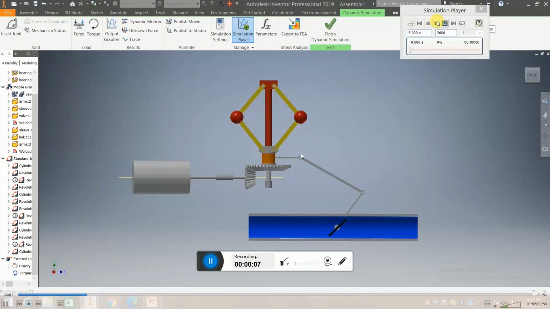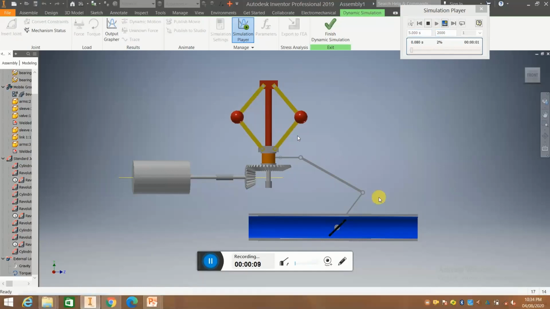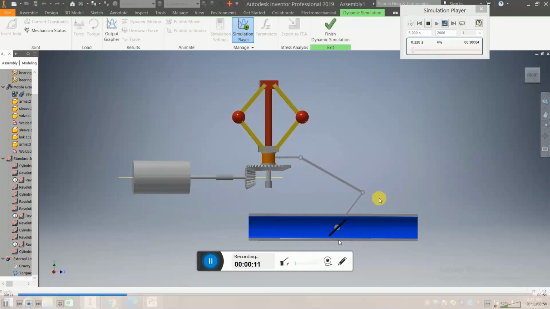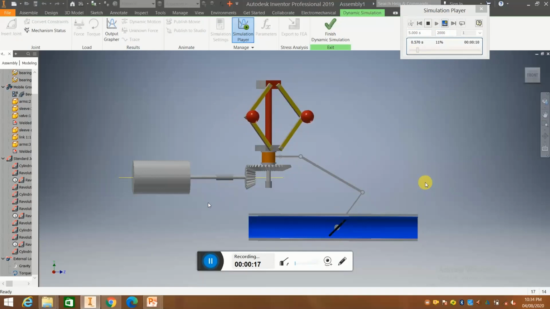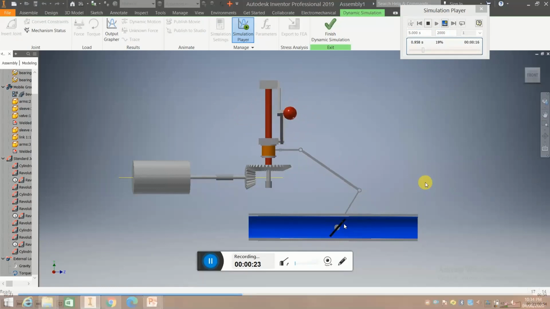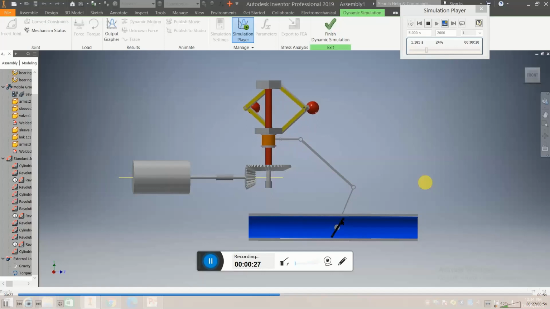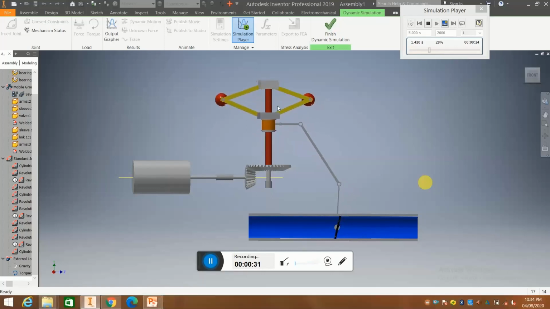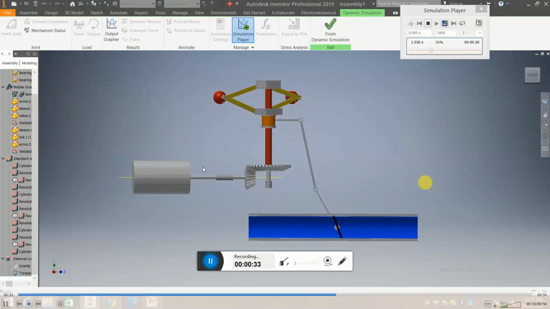So you can observe here, if the speed increases, then this link will adjust the fuel supply. Basically it will close the fuel supply and that will reduce the speed of the turbine. So gradually speed is increasing, and after some time this valve will close the fuel supply at the maximum speed.